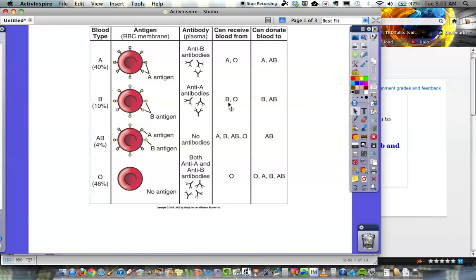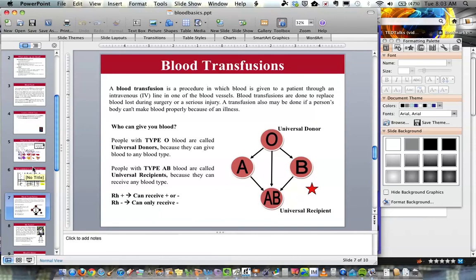Go ahead and notice here type B can receive and can donate. Here's that universal recipient. Type AB blood people can receive from anyone, but only donate to themselves. And then here is that universal donor. They can donate, type O blood people can donate to anyone. Okay? So if we look at why that's the case,